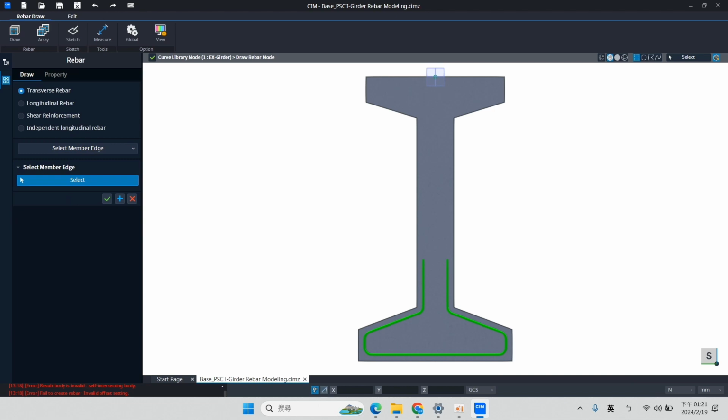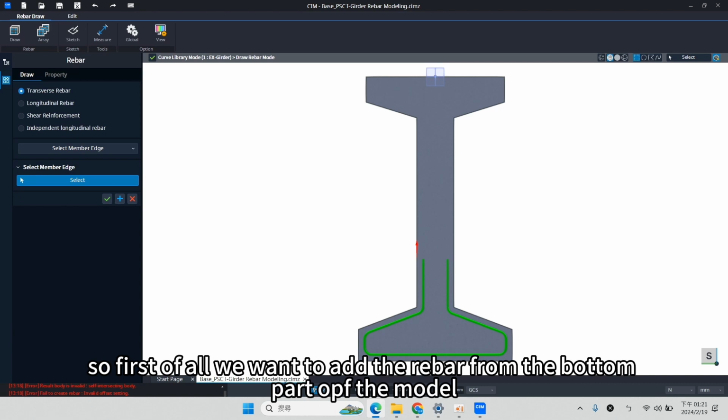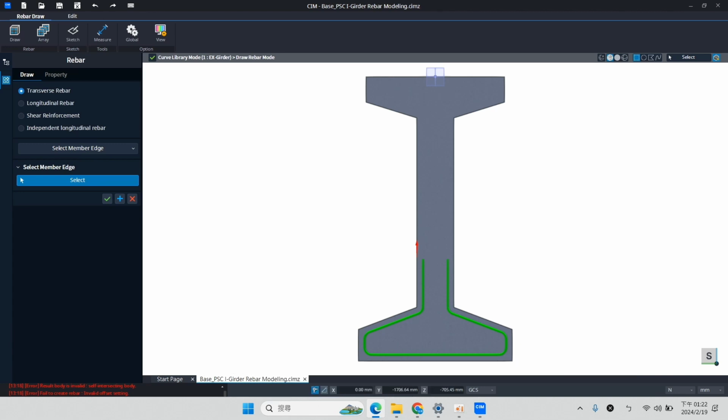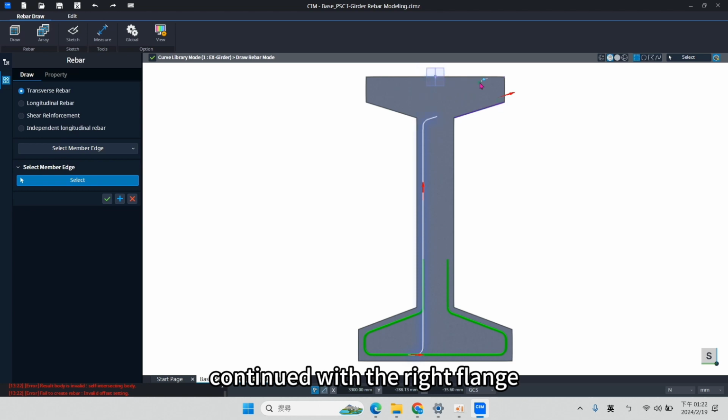And so first of all, we want to add the rebar from the bottom part, so this part, okay, to the abdominal left, go to the right, to the right flange, like this, and then back again